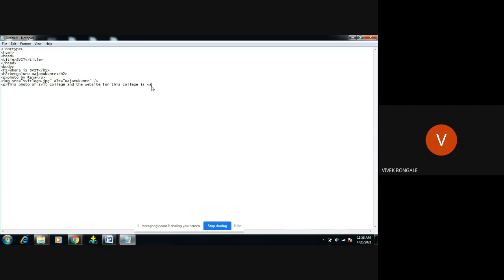It is followed by href, the hypertext reference, followed by equals, then the link, that is the URL we have to give, correct? What is the website URL for our college?